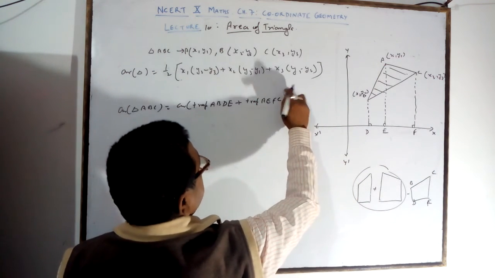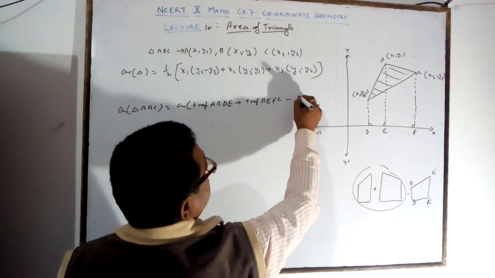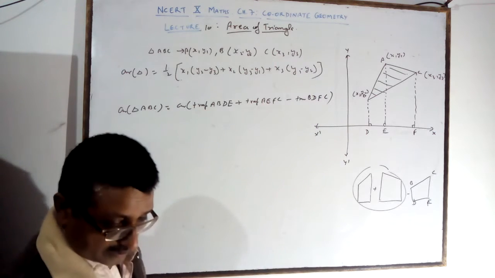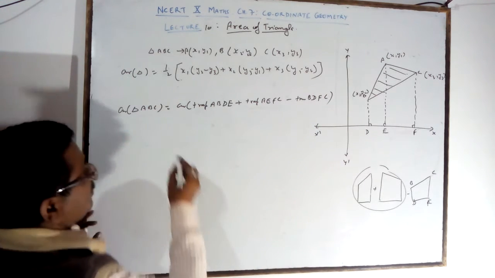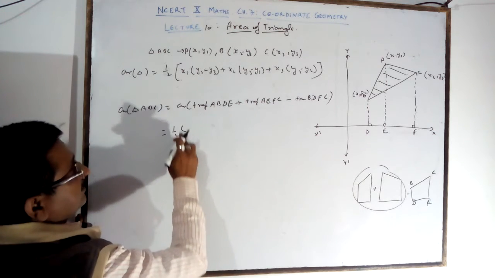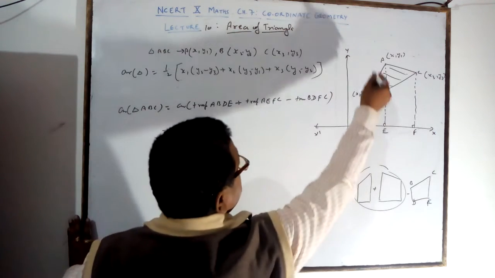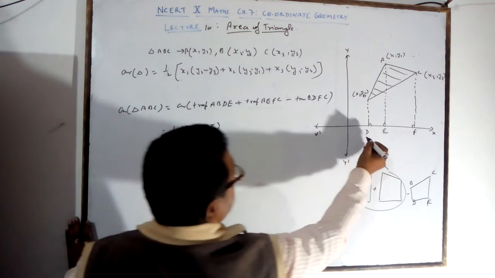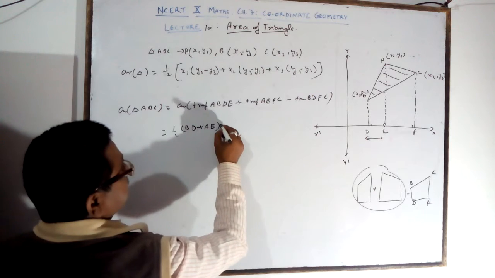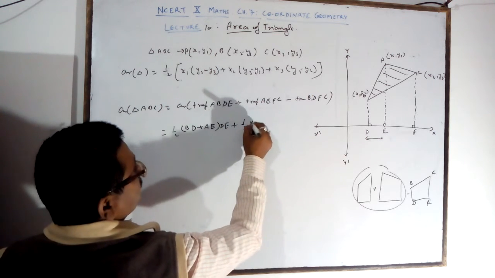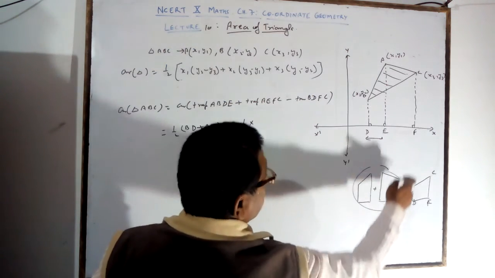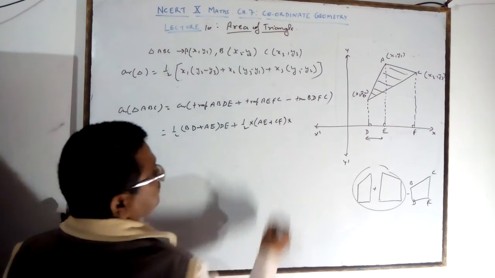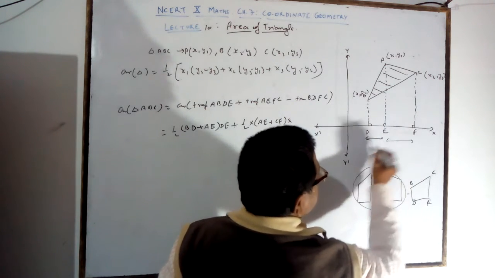Subtract the trapezium B, D, F, C. You will get this. So we know the formula of a trapezium: half into the sum of parallel sides multiplied by the distance between them. In this trapezium, the parallel sides are BD and AE, so BD plus AE, multiplied by the distance between them, which is DE, plus half into AE plus CF. In this, AE and CF are the parallel lines, multiplied by the distance between them. What is the distance between them? This EF,